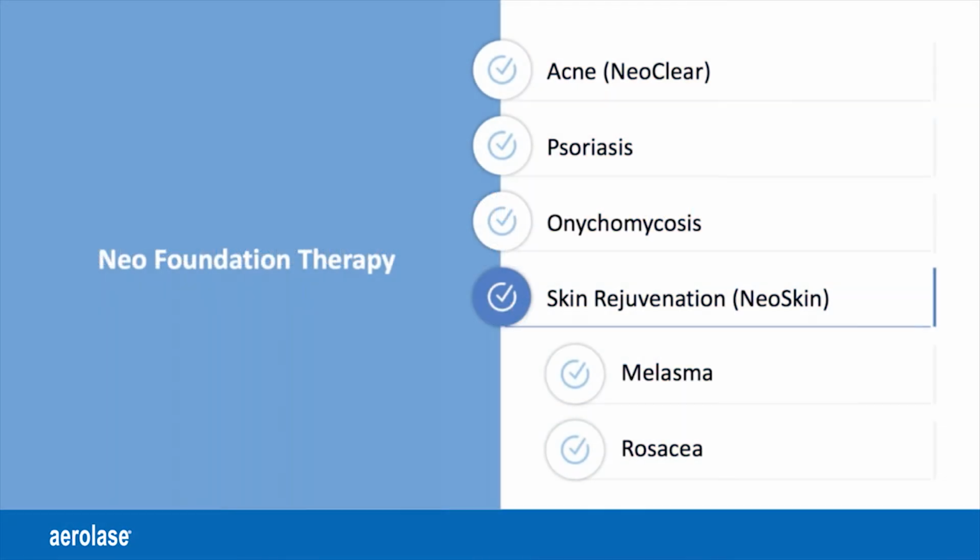What I think has been the best, and that I've used it for the most so far, is absolutely skin rejuvenation. And of course, you can make the argument that melasma and rosacea are medical conditions as well. So this is where it all begins to blend together. And for my colleagues, many dermatologists don't do a lot of aesthetic treatments, and it's been their choice. But the lines get a little blurred here, and I think in a way this is great for everybody because